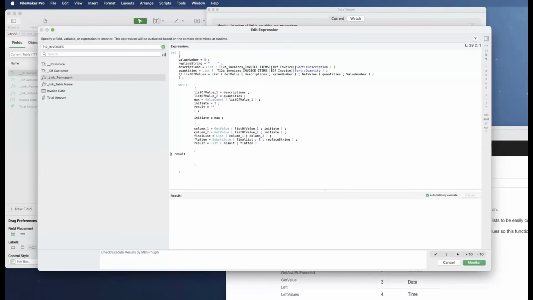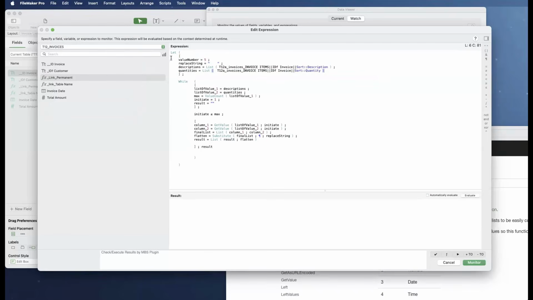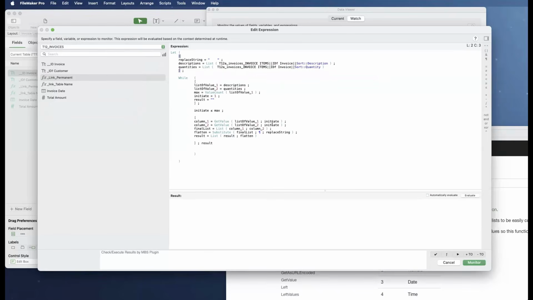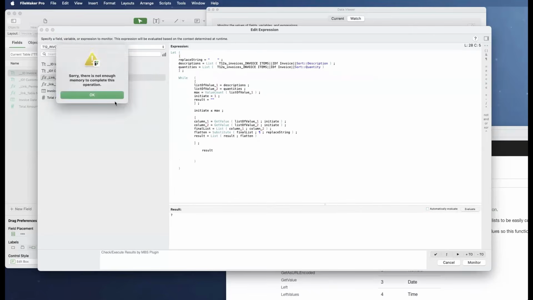So let's see why it's not working. I think it's because it's missing something. Here is missing something here. Oh, it's because I have this here. So let's clean up. I don't need this. I don't need this. I need those 2. So something wrong. Okay, so let me see what's wrong. Because it does something, but okay, so